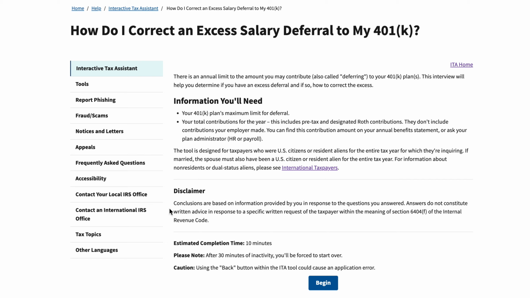However, they don't include any contributions that your employer might have made, like a matching contribution. You can usually find this amount on your annual benefits statement. You can ask your HR or payroll administrator. You can usually find it on your most recent pay statement too. So if you look on your pay statement, you should probably have access to the pay statement that goes at least all the way through